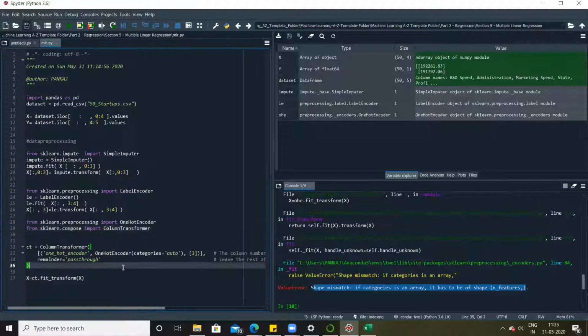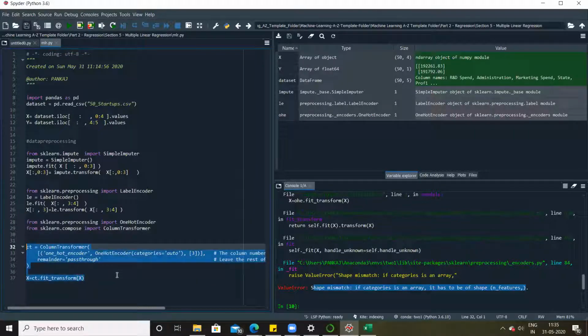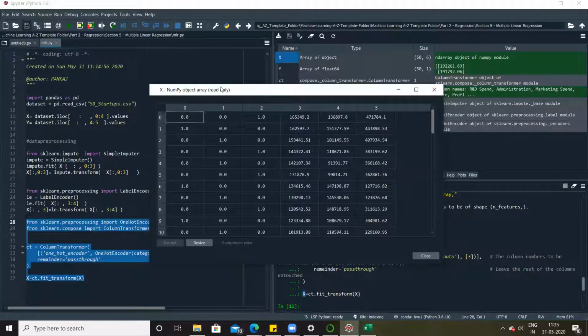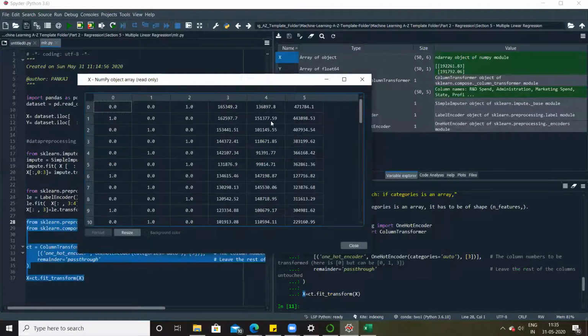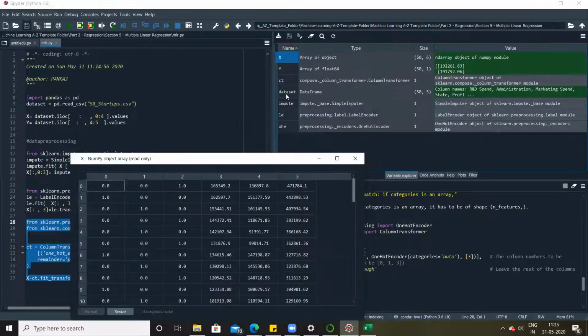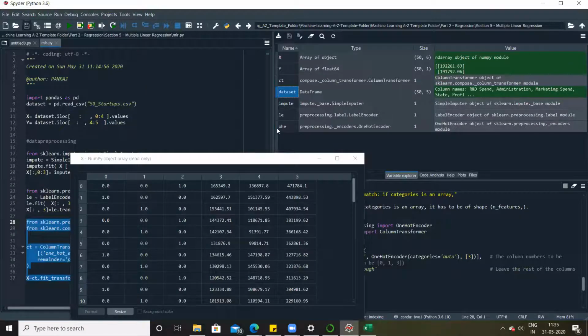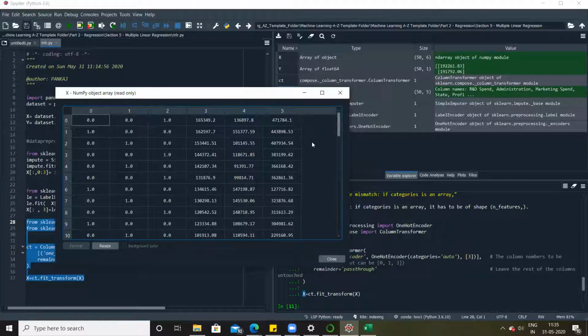All right, so let me now try and execute this line. Select, Control Enter. Done. It's been applied. You can verify your variable X. In variable X, you can see the last column, which was the state column, has been converted.